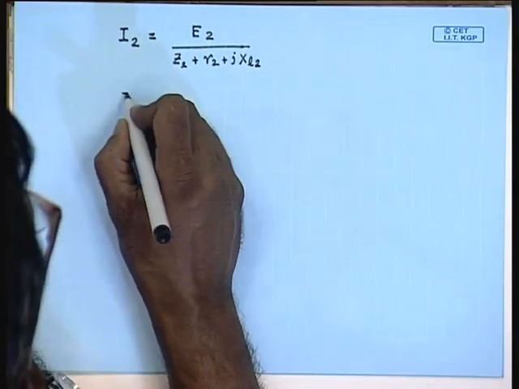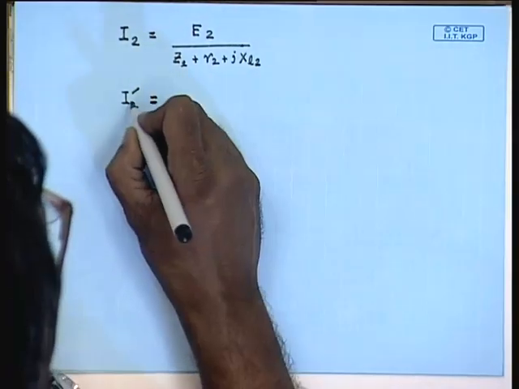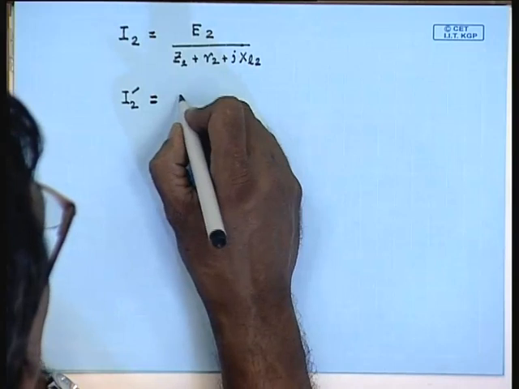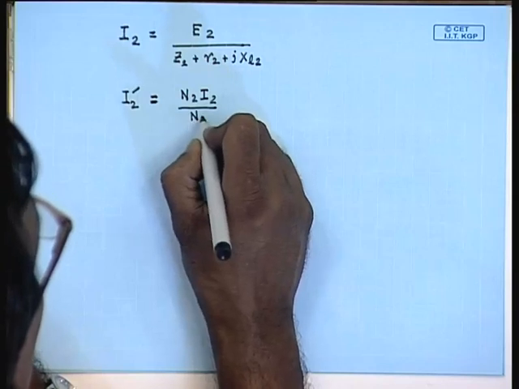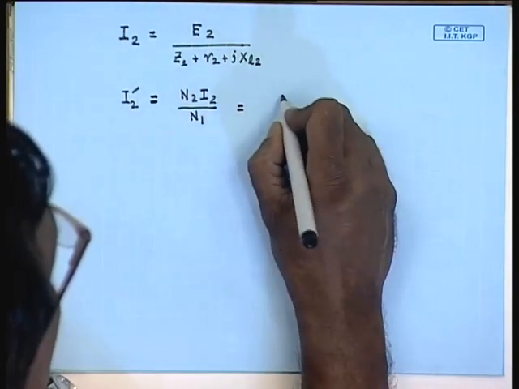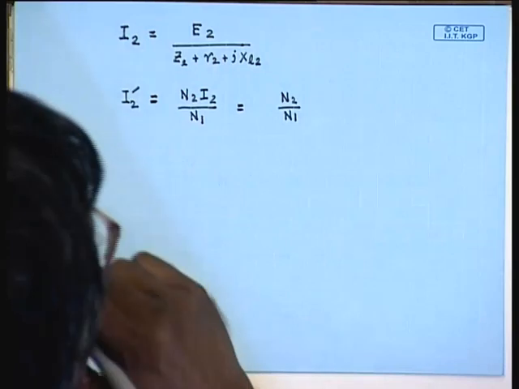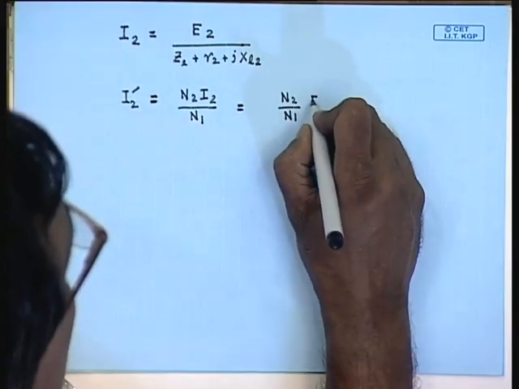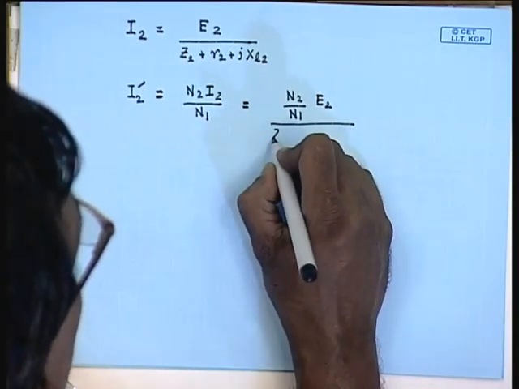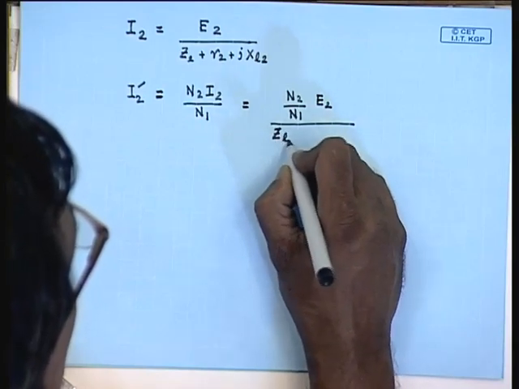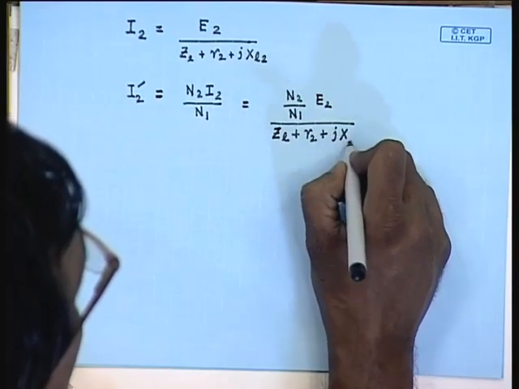And I2 dash equal to N2 I2 by N1. Therefore, I2 dash equal to N2 by N1 E2 divided by ZL plus R2 plus jXL2,